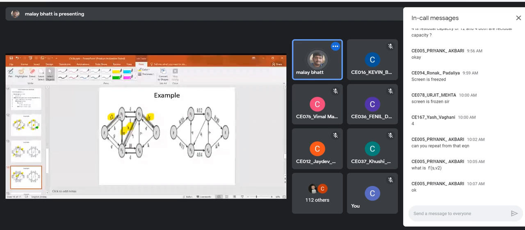In this direction. So now, what will happen? From V1 to V2, actual capacity will be now 0, and residual capacity from V2 to V1 will be 4.